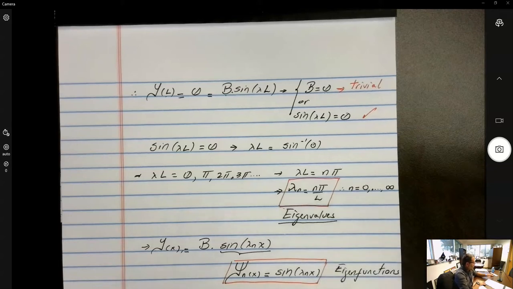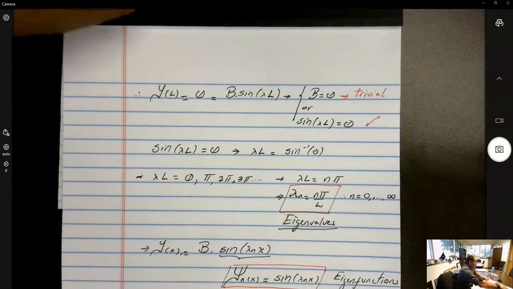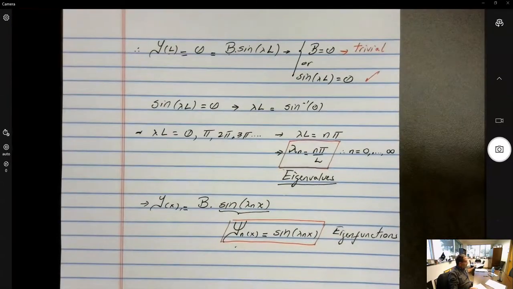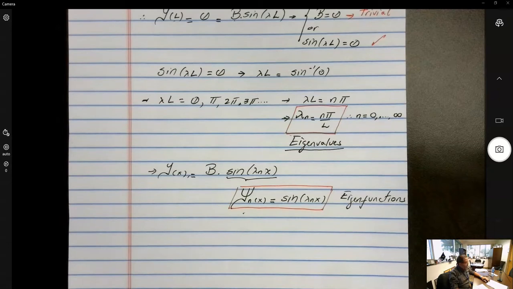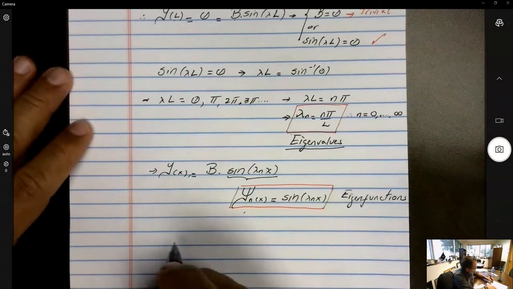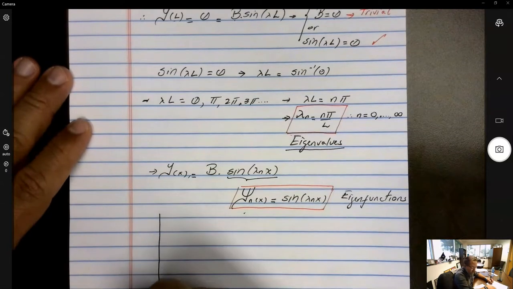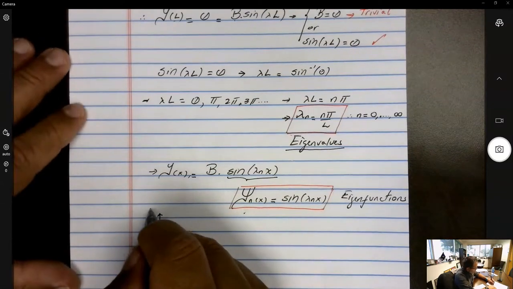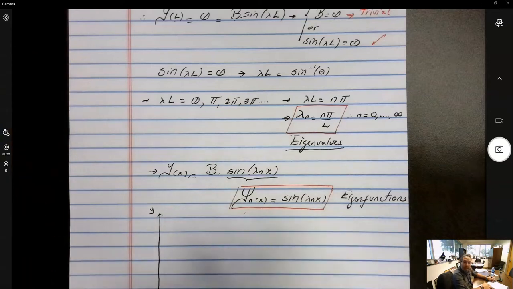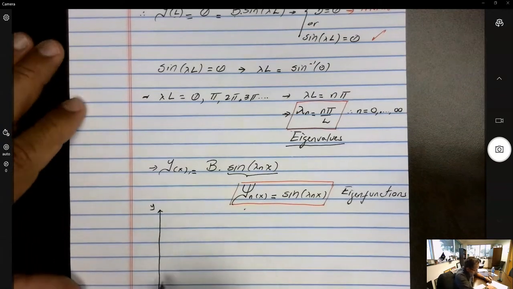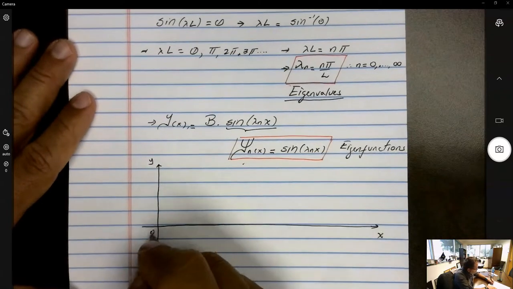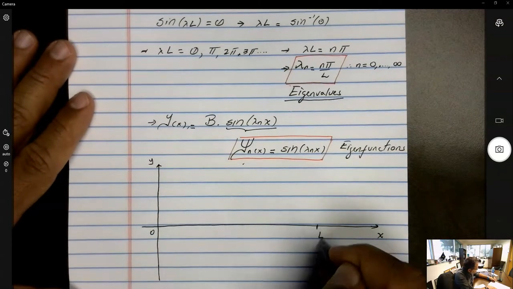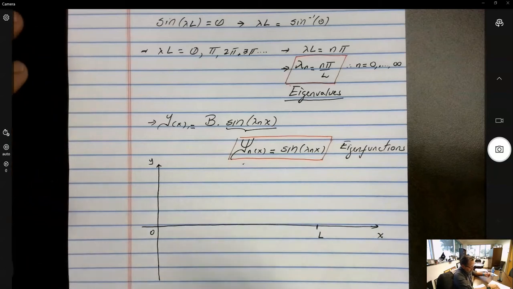Or eigenfunctions, because there's multiple ones, right? So basically, sines of different frequencies will actually satisfy this particular equation and set of boundary conditions. Again, how is that possible? Because if you look at what these functions look like, which are valid for any value of x from minus infinity to infinity, but let's look at the positive spectrum here, from x equals 0 to x equal L,